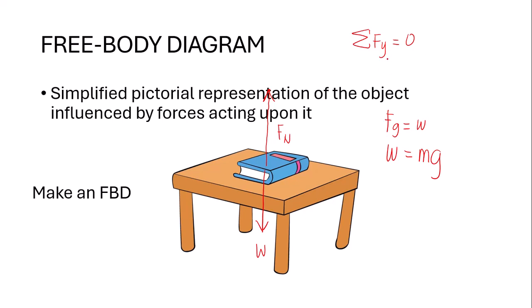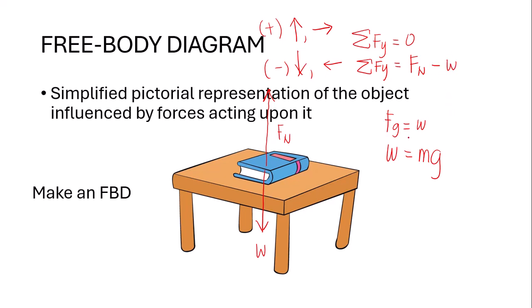Meaning to say, if we were to take the net force along the vertical axis, our convention here is that up or to the right is positive, and forces that are downward and to the left will be negative. So for the summation of forces in Y, we have an upward and a downward force. We have upward, the normal force, minus the force due to gravity, which is our weight.